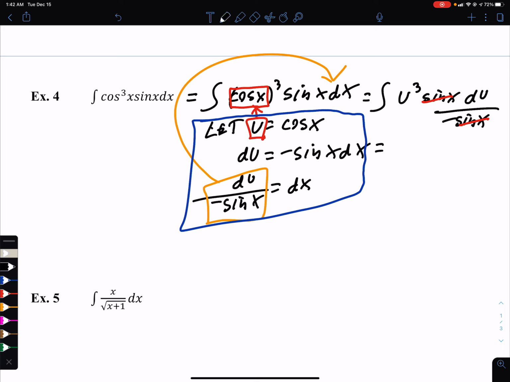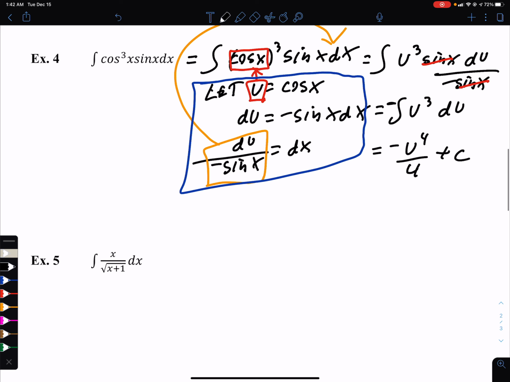So what I end up with is u cubed du. That minus, I'm going to pull out in front and move it here. I'm going to use my power rule, add 1 to the exponent, divide by that, plus c, and replace u with cosine x,